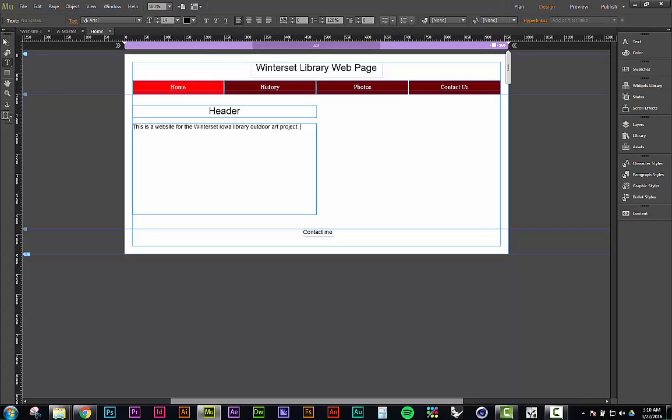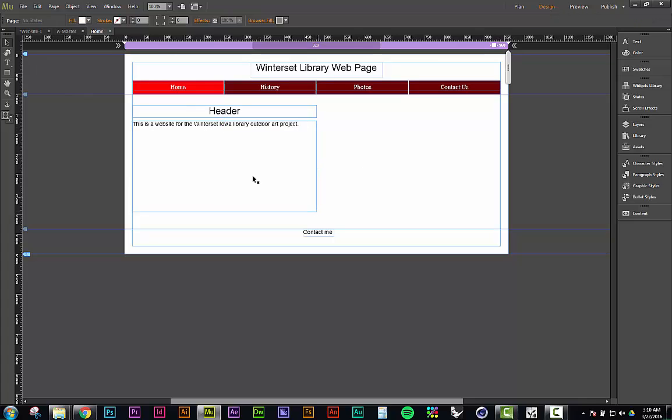And now you can add whatever you would like to this website. You can create this website for whatever you want. It's just getting to learn Muse and things like that for when we create a website for the group portion of the class. So what we'll do next is go to the widgets library,